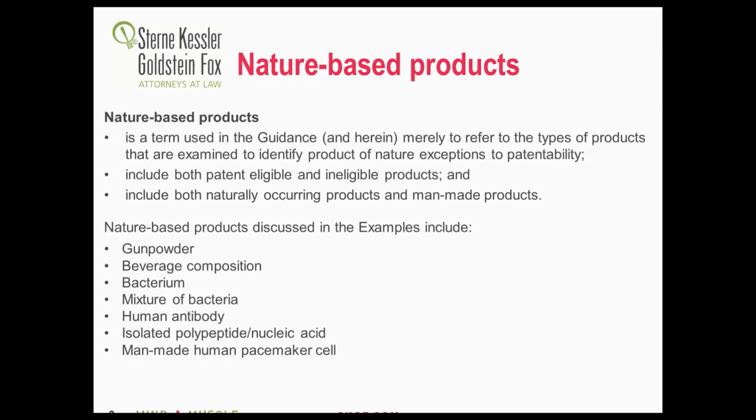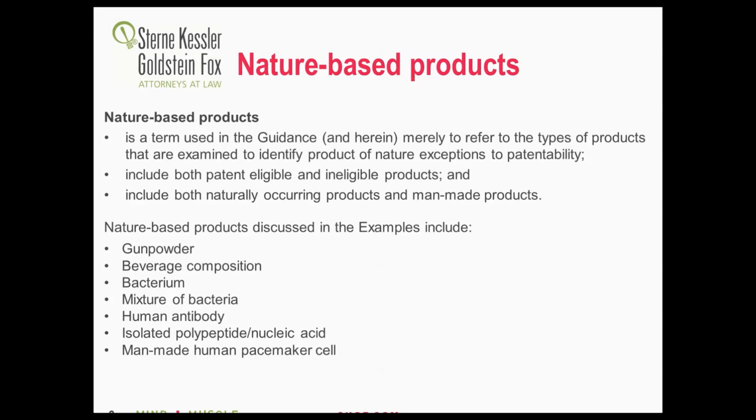So, the flowchart on the left: the top box, or decision box, is basically the old 101 guideline. Do you meet one of the statutory classes of invention that's listed in Section 101? That just needs to be done. What we're talking about today and in the subsequent webinars are the following two boxes, which are labeled Step 2A,